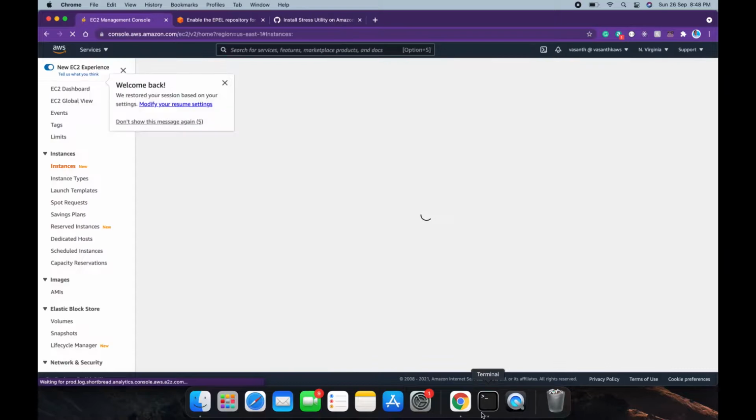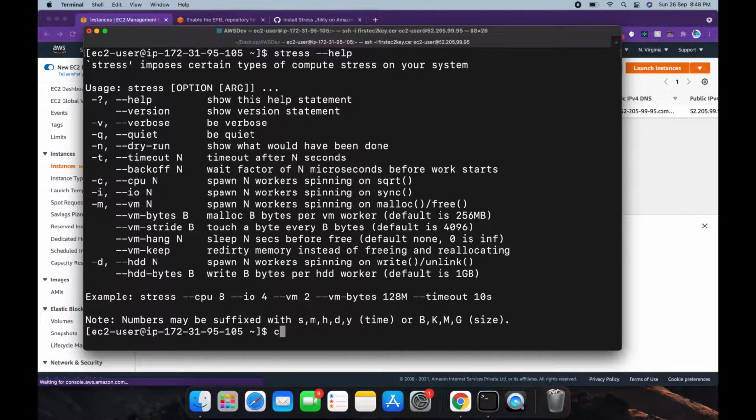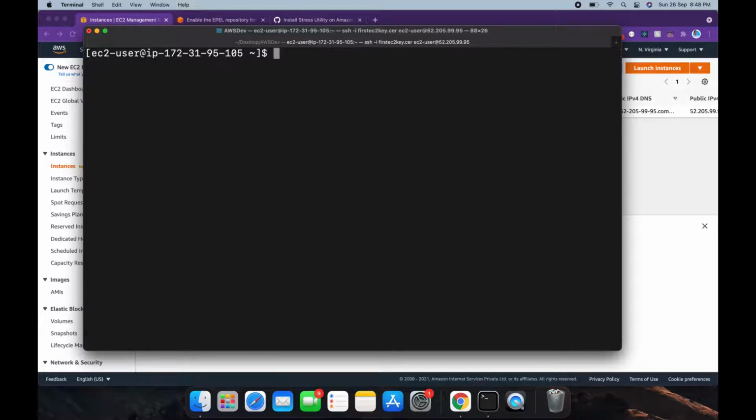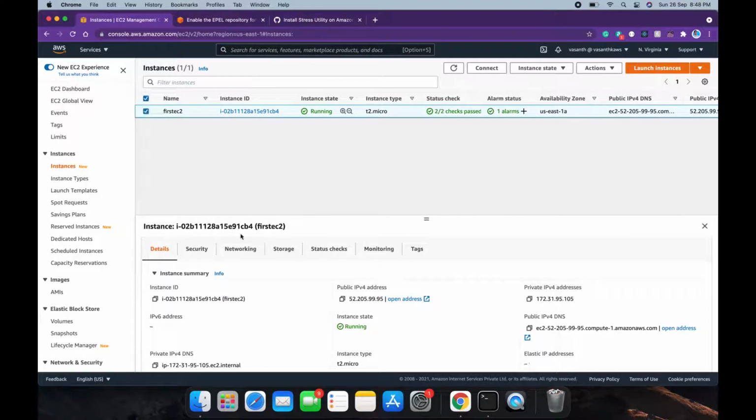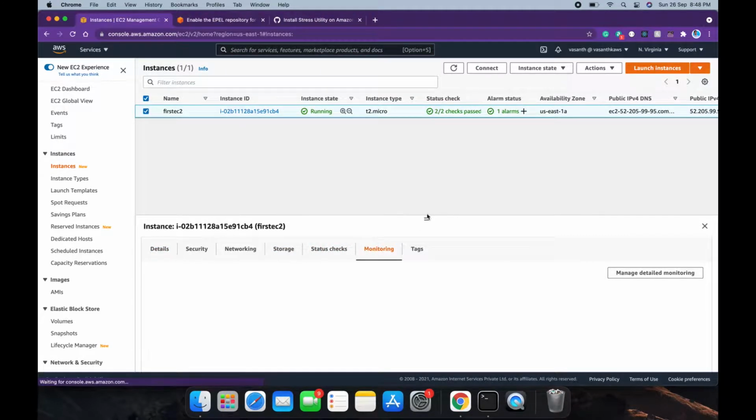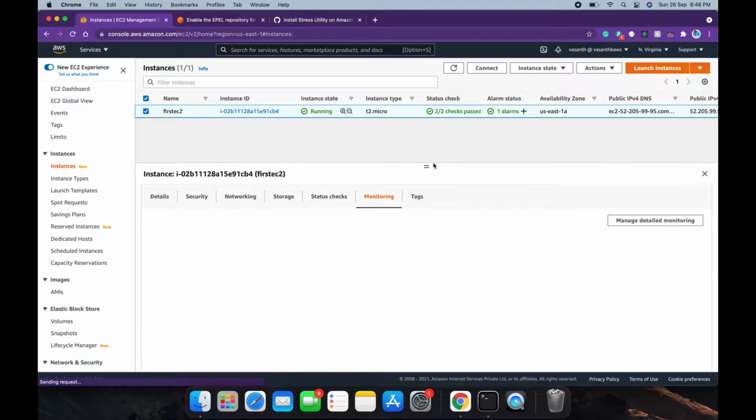Let us do one thing. We're going to say stress --cpu 9, so 9 workers will be on our CPU. Now you can monitor your CPU utilization over here.